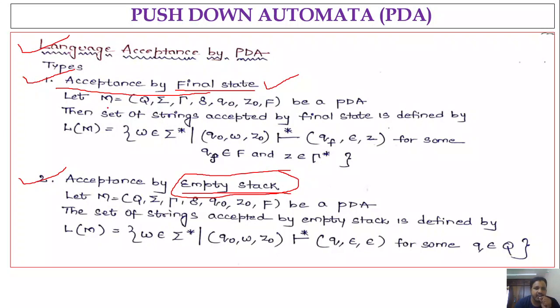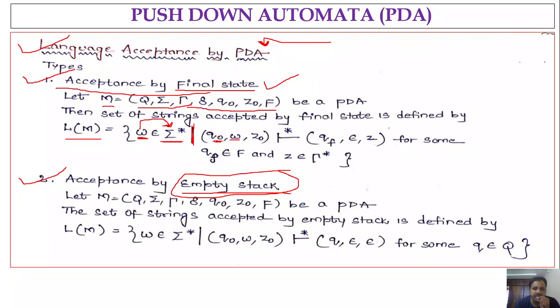So here, let us see the first one, acceptance by final state. Let's consider that you are having a pushdown automata M equal to these 7 tuples: Q, sigma, tau, delta, Q naught, Z naught, F. Then the set of strings accepted by the final state is defined by L of M equal to W. What is the language of a pushdown automata? The set of strings accepted by the pushdown automata is called its language. So we are writing the set of words W that belong to sigma star, that means the symbols of the strings are chosen from the alphabet set sigma, such that on processing W from Q naught,